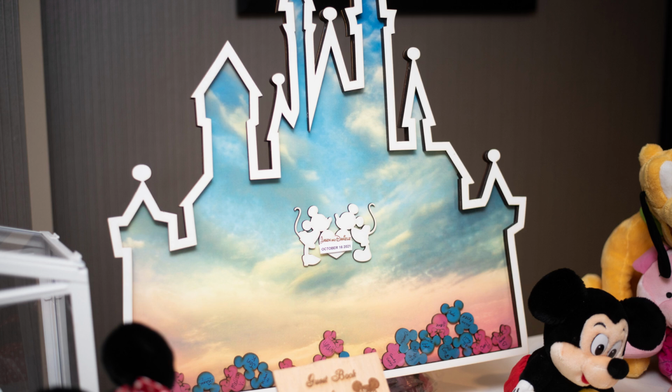But you can also see in this picture, basically I went on a stuffy hunt when I went to Value Village. I found every Disney stuffy that I could, and you can see there is Mickey, you can see Minnie's bow down there, so I found a Minnie. I found Pluto, there's also a Piglet plushie. I had found Goofy, I found Tigger, I found Eeyore. I placed all of those plushies on the